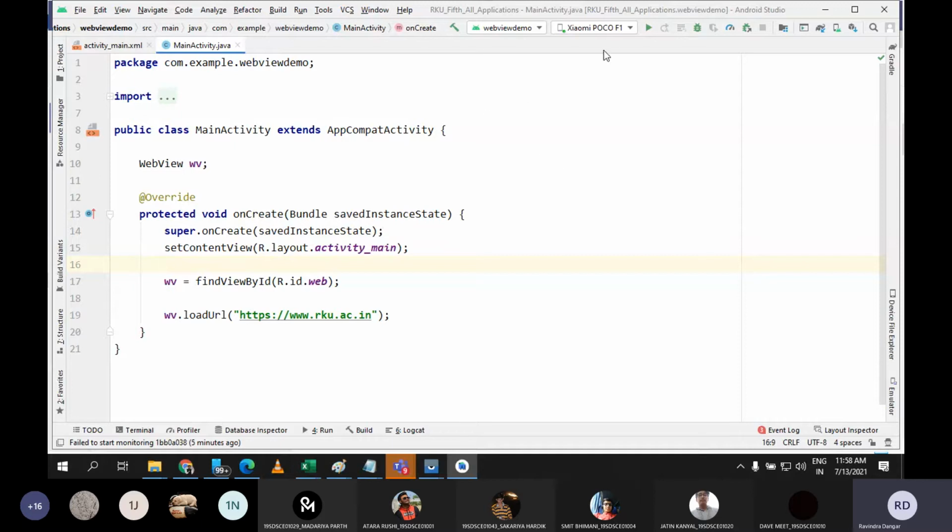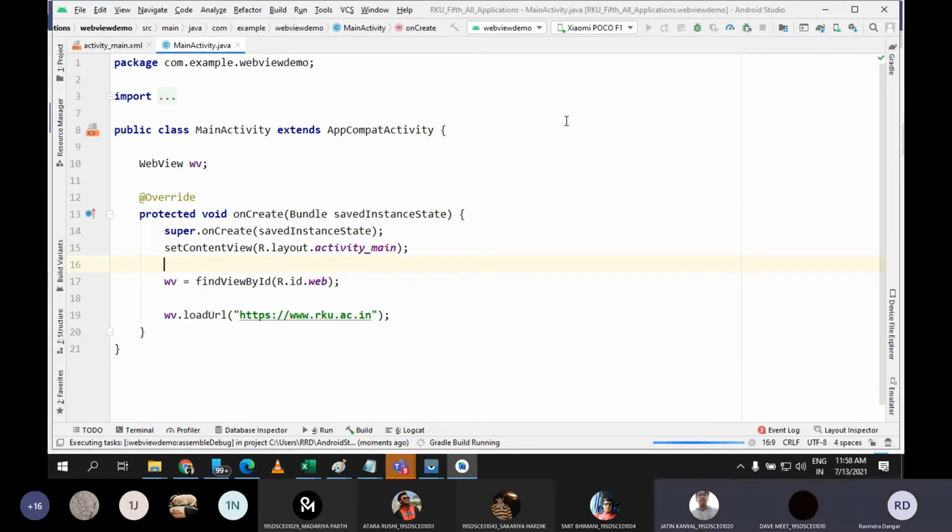But now let me first run this application. I will not be able to access the website. I will let you know why. But first I want to get an answer from you. See, I am saying that once I install the application, I will not be able to load this website in my WebView. So meanwhile the application gets installed, you need to think about that. What could be the reason behind this?